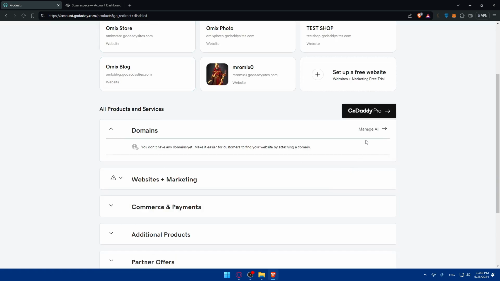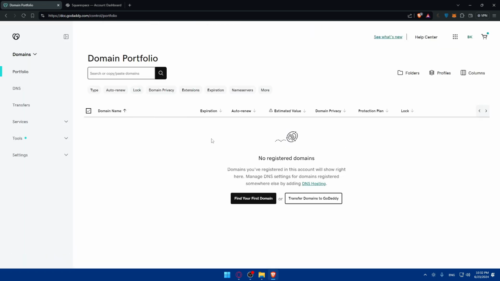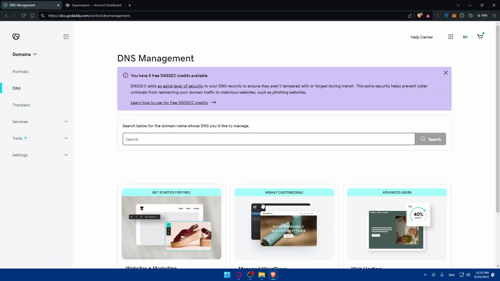And once you do so, of course, you can click on manage all to have access to your domains. And of course, you'll have to go to the DNS records or DNS settings. For me, I'll not find anything here because I still don't have any domain. For you, you'll have your domain, click on manage, and you'll find the DNS